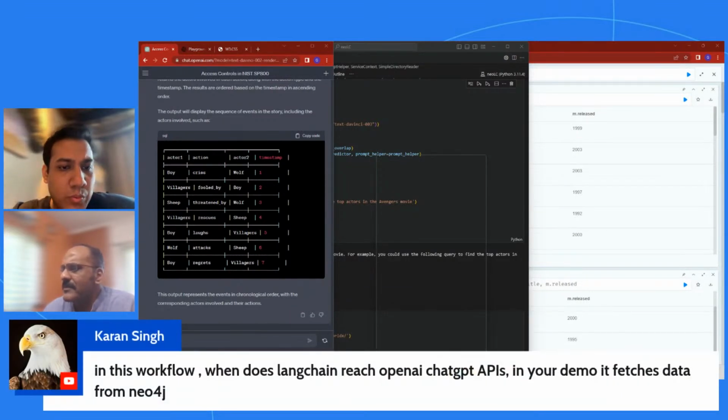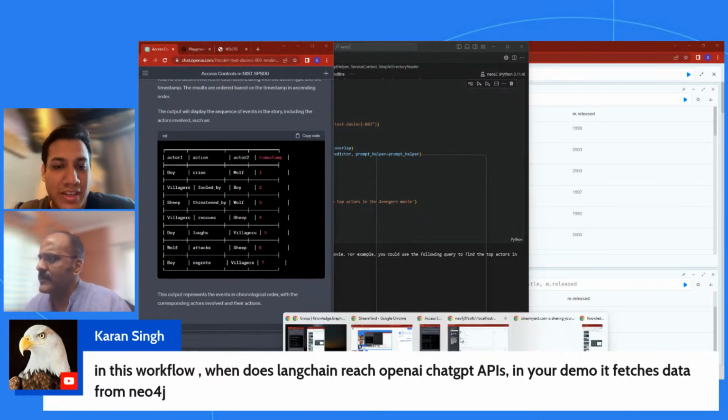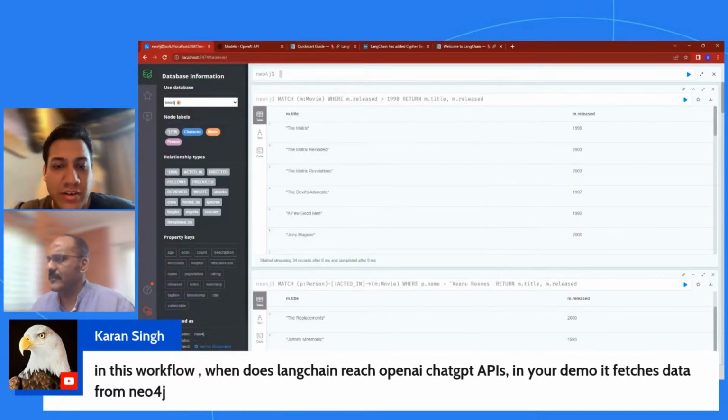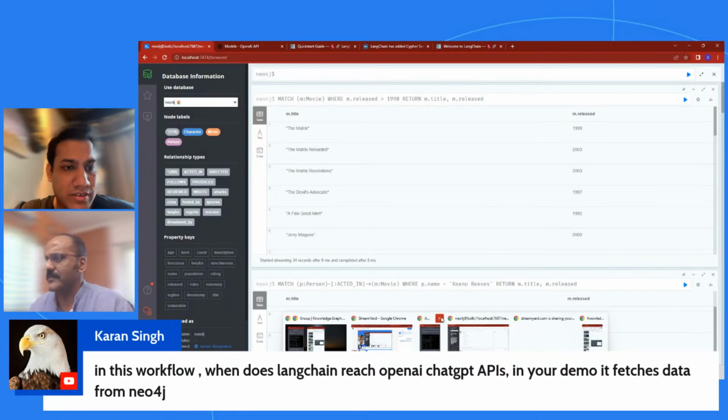In this workflow, when does Langchain reach the OpenAI ChatGPT APIs? In your demo, it fetches data from Neo4j. I will show that to you. That's a good question. In fact, I have it in the form of a